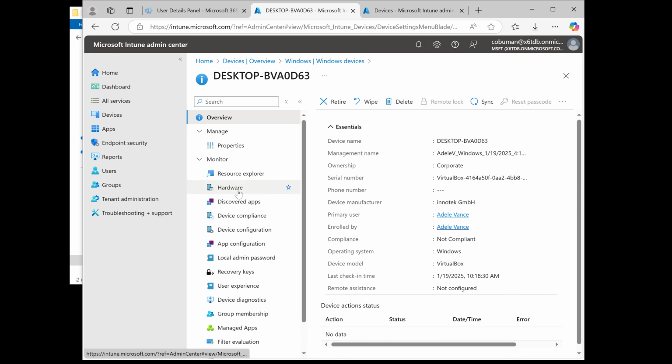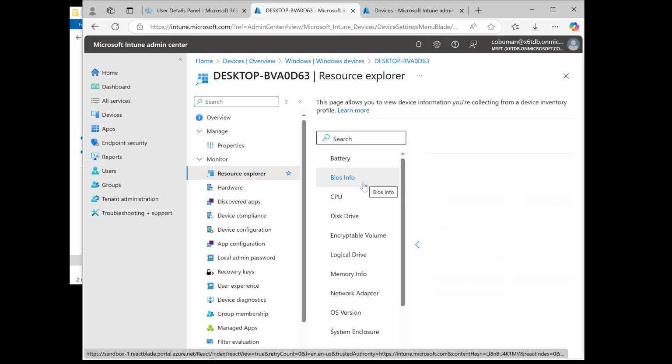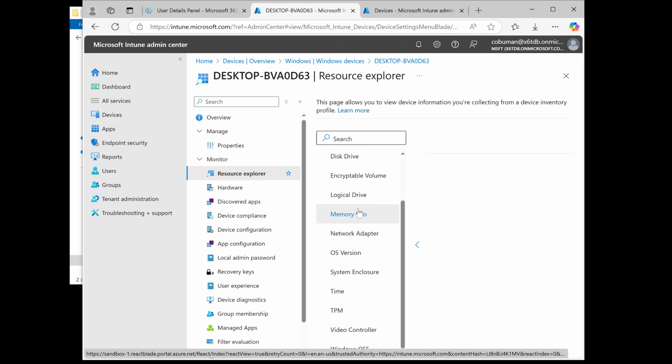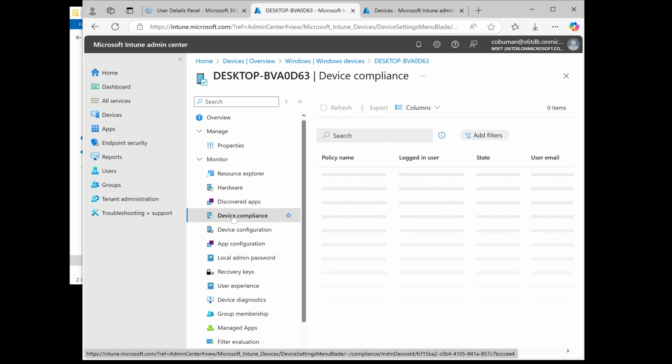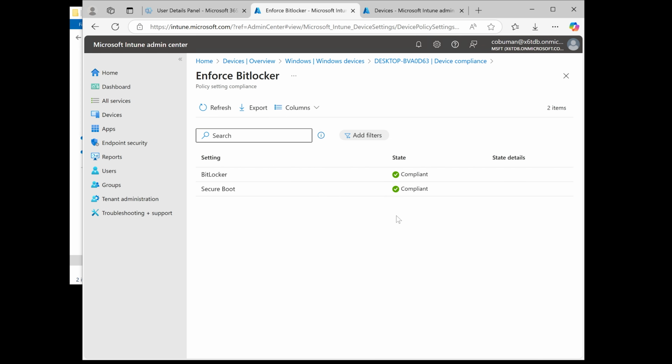And you can do a lot of things here when it comes to Resource Explorer. You can see info about the computer. You can do some management. Here's device compliance. This will tell us that it's not compliant in something, which is what we want. Here's that BitLocker thing that we've set up. Well, the one we set up earlier, but the one that we've set up here is not properly showing up. Anyways, we can look at these things and kind of